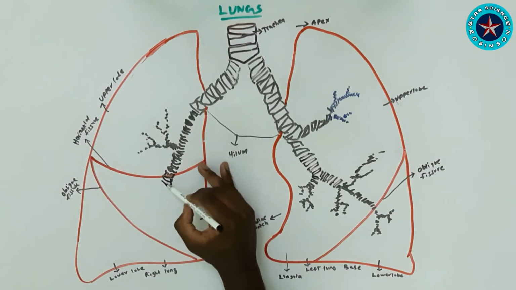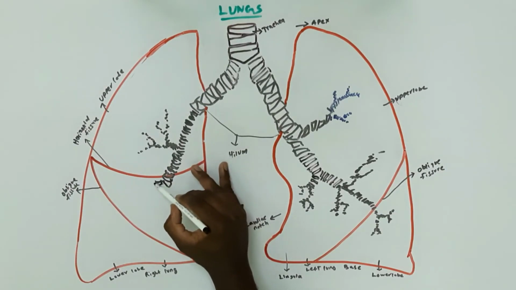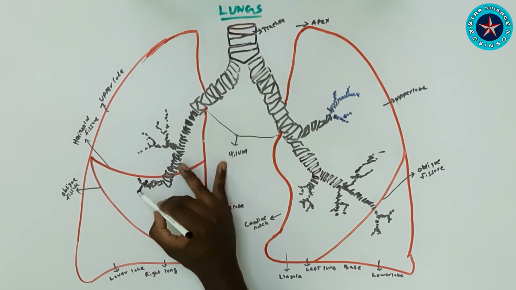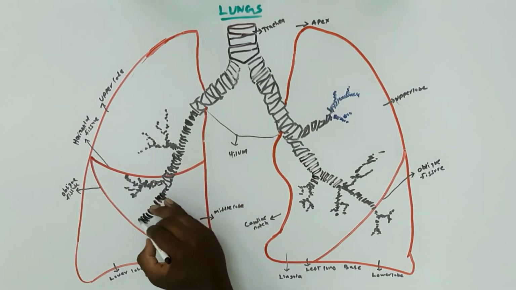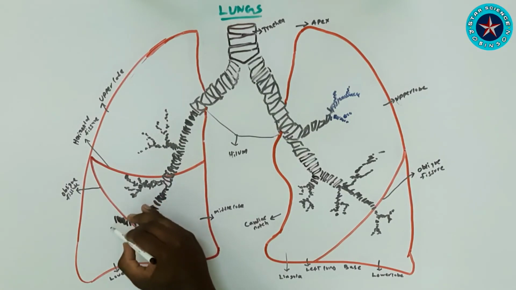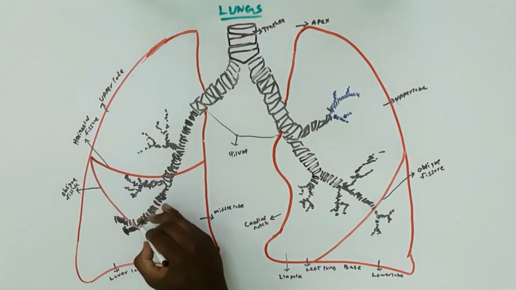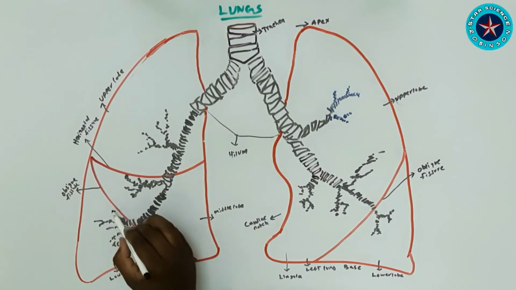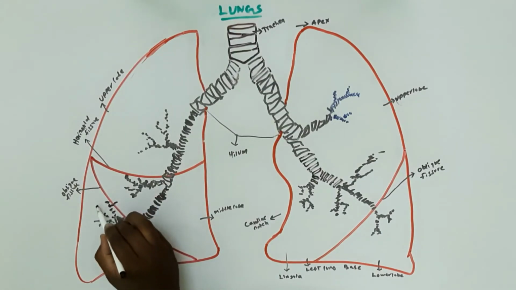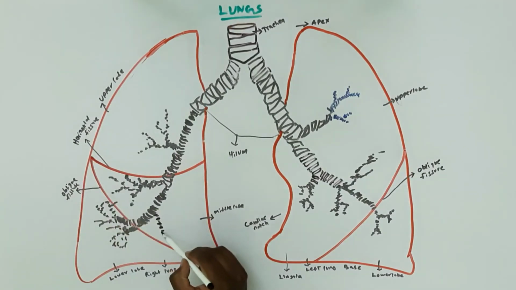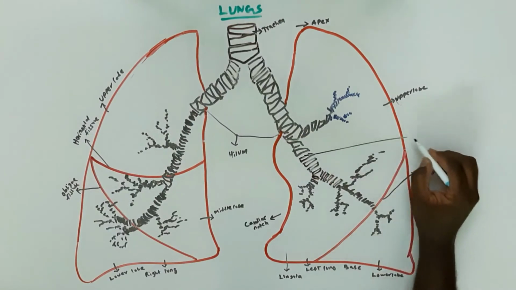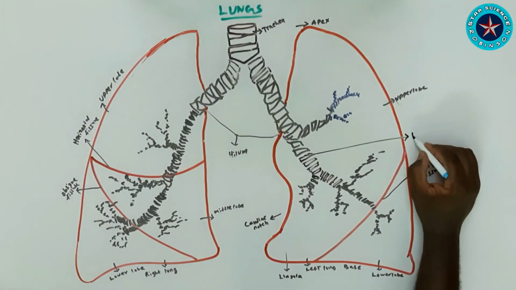The costal surface is convex and lies against ribs. Middle surface is concave and consists of hilum. The anterior border in right lung is straight, and the anterior border is interrupted by the cardiac notch in left lung. The pulmonary artery will enter into each lung superiorly, and inferior to it will be the exit of pulmonary veins from the lungs. Behind that we can find bronchus.